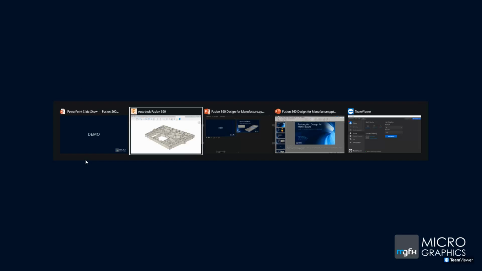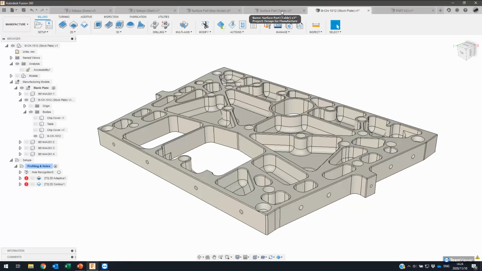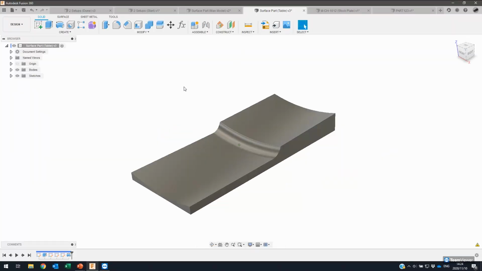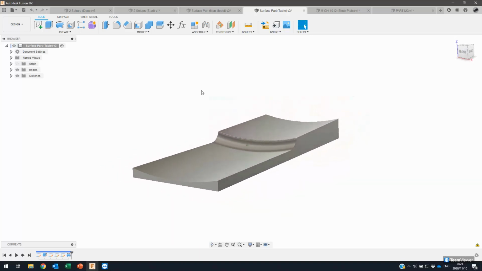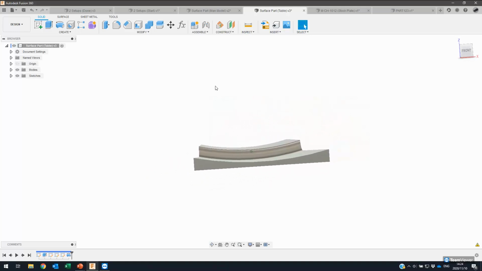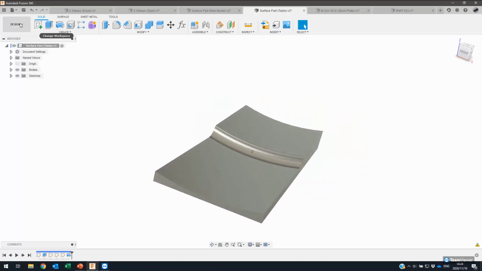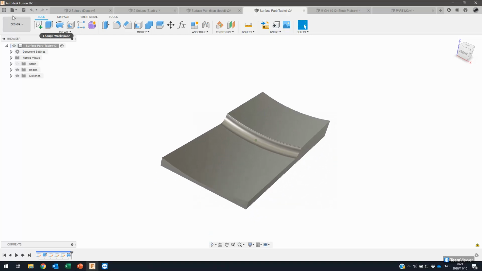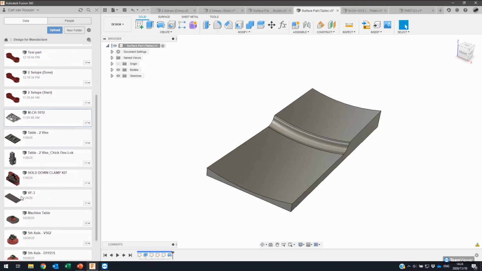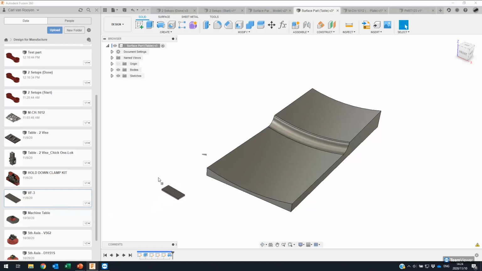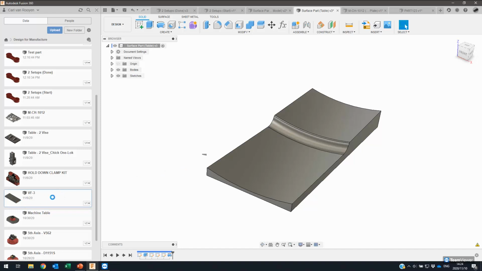So to have a look at how we would do this in the software, I'm going to go ahead here to this simple component. It is just a thin plate which is being machined into a curve on the top. Now I am in the design environment, and what we could do here is go into the data panel and pull in information like a machine bed. And in this case, we can drag and drop those designs into the model, and that would allow for